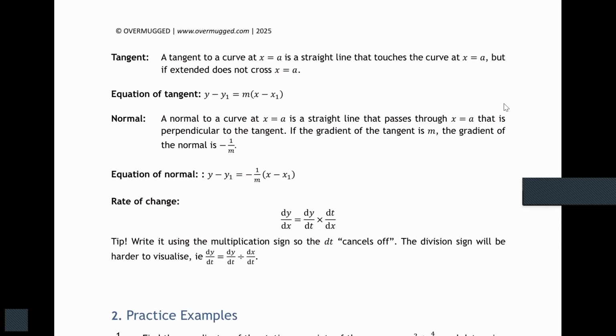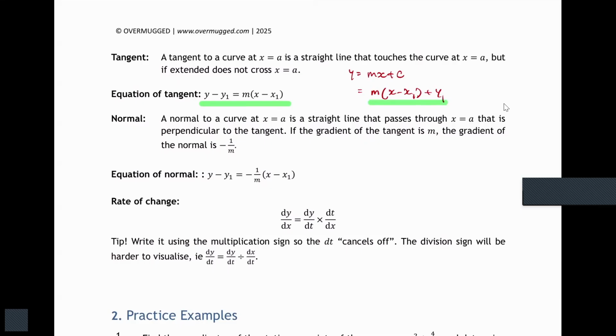So equation of tangent and normal. This one, the equation you need to know because this is the fundamental equation of a line. There are two equations you can use. y equals mx plus c, that's your traditional Sec 1, Sec 2 formula. The other formula that you have learned, y equals m(x minus x1) plus y1. Both are useful in their own ways. The second one is usually more useful because it allows you to bypass finding the y-intercept. So we can straight away use this equation to find the equation of a line.